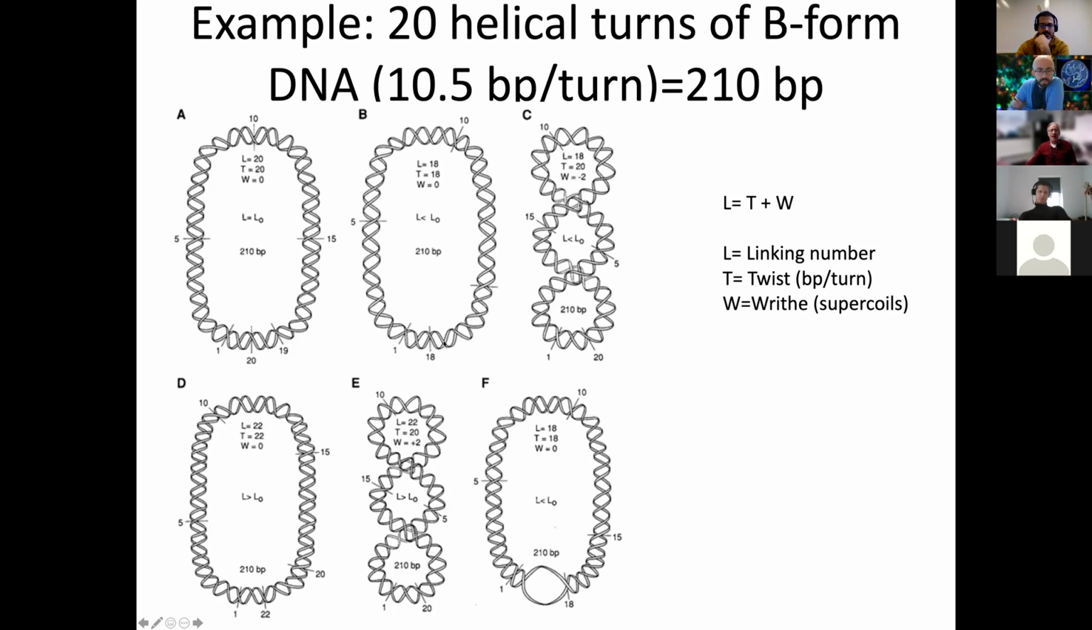So by reducing the number of twists by 2, I get 2 supercoils. Likewise, if I were to break the DNA and overtwist it twice, I would get 2 positive supercoils. But here is the important point. If I break the DNA and I underwind it twice, and I get this state where I would normally get